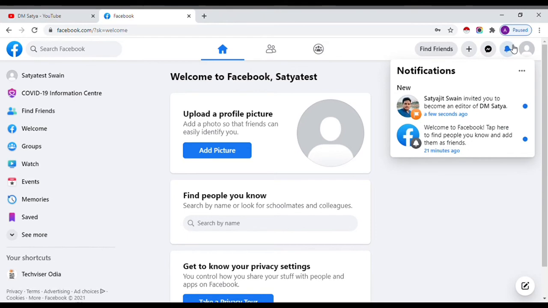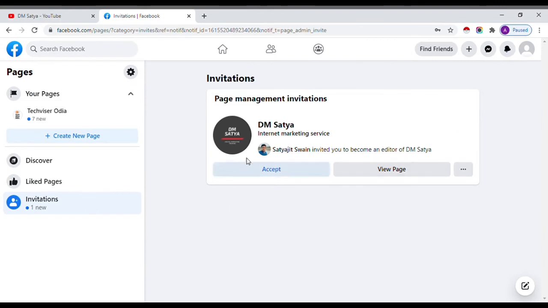Now I'm in the other profile that I have created for testing. Let's see, in the notifications it's showing, and after clicking this, DM Satya has been assigned. So accept this. Once accepted, let's refresh this page to see it in the pages section. After refreshing, you can see,